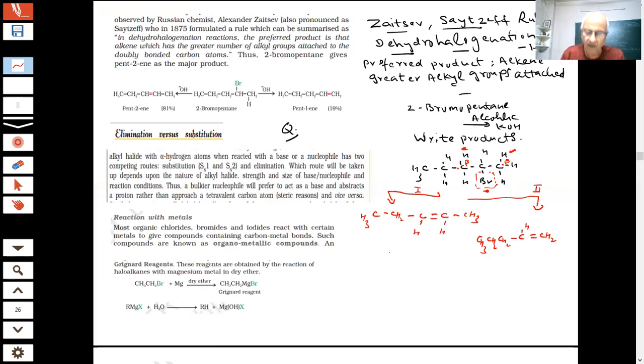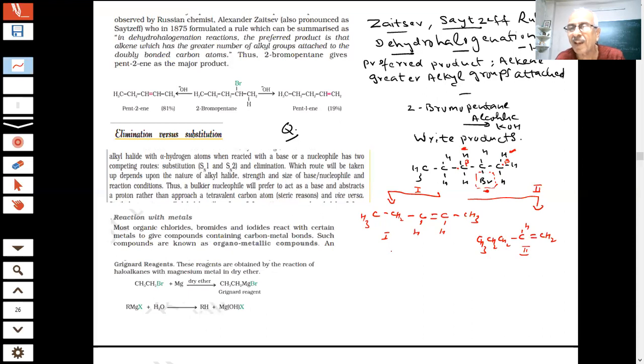Which is the major product? Tell me, 1 or 2? Sir, here two will be the main. This is a major product. Why? This is coming from 2, this is coming from 1. This is my 1. This is my 2. Now, the question is, which is the major product, students, here and why? That was the question in the paper. What is your answer, students?